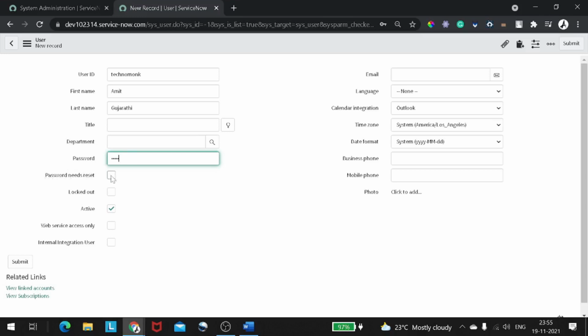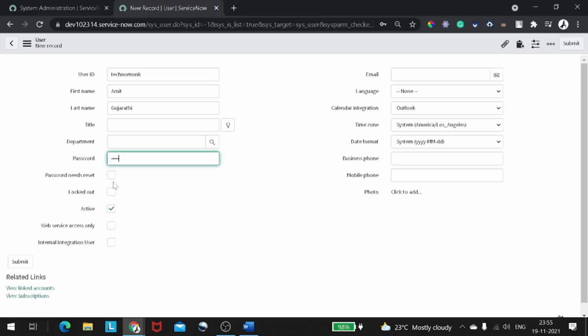If you hover over it, it says the user will be prompted to change the password at next login. So when the user tries to log into the system, they will be prompted to change the password and have to reset it. If you want to do that for a new user, you can.